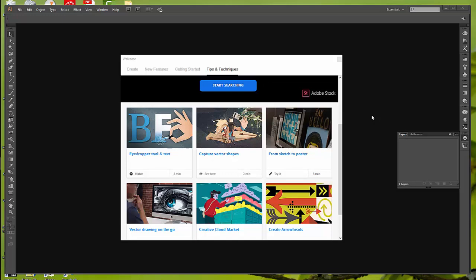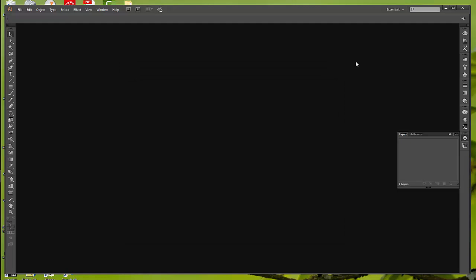Okay, so here it is, your first project. Just use the tools that you've already learned how to use from the first chapters. Let me get rid of that. So the first thing that you're going to do is open up Illustrator, and you're going to create a file